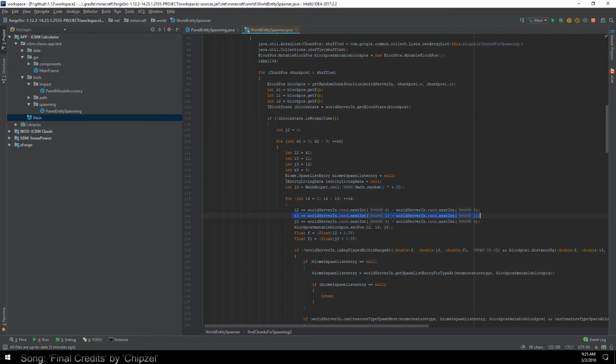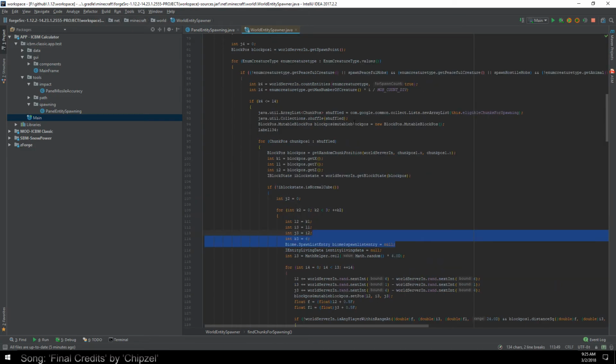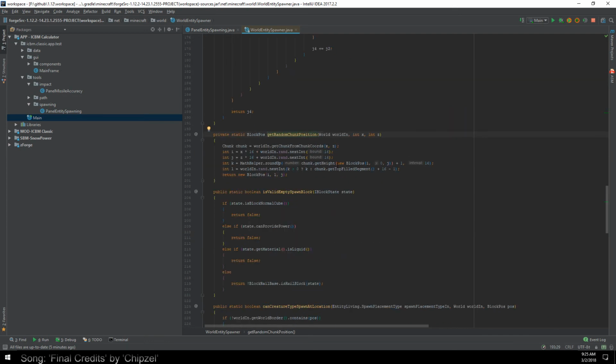So what this code even lets it do is, because it picks a random value, and this is, we'll go random chunk position. So it picks a random chunk position. This random chunk position can be within effectively 0 to 16 of that chunk, and will be within 0 to the height of the position of that chunk. So if you have a position of say like 200, it can be between 0 and 200, but if you have another position that's between 0 and 10, it'll change this random value down here,